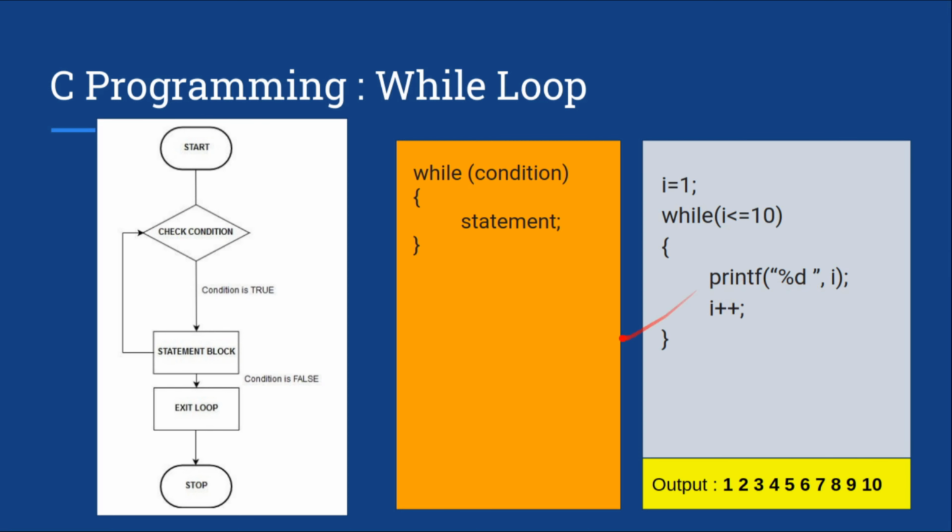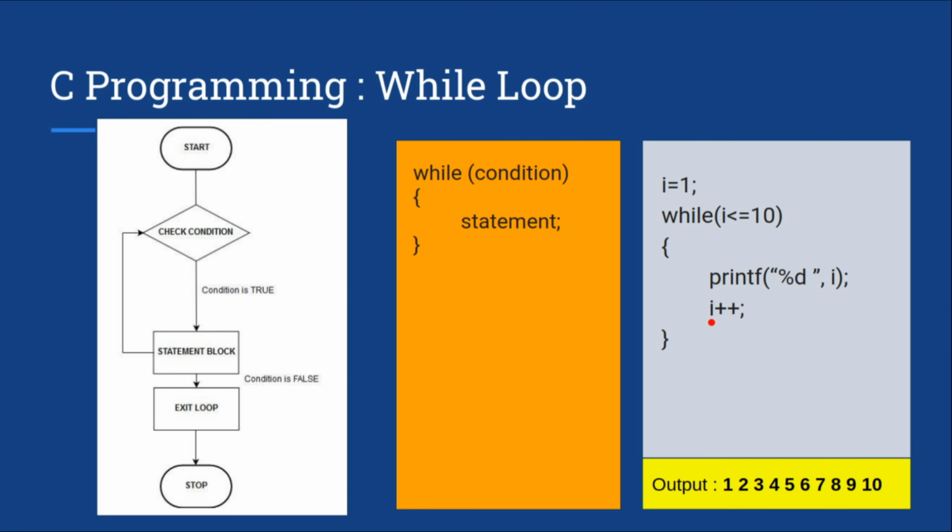So what we are doing here, we are printing this value and here we are incrementing i. So what will happen now, i is equal to 1, i is less than or equal to 10, yes, so we will print and increment the value of i. So 1 will print, then here the i becomes 2, 2 is less than 10, yes, 2 will print. Now it will become 3 here, 3 is less than 10, 3 will print, and 4, 4 is less than 10, the 4 will print. So it will keep repeating and incrementing itself until the value becomes 10. 10 will print here because 10 is less than or equal to 10, yes, and we will print 10 here.